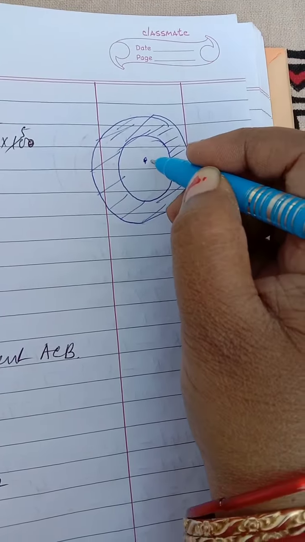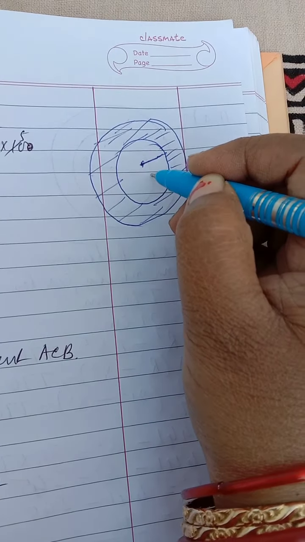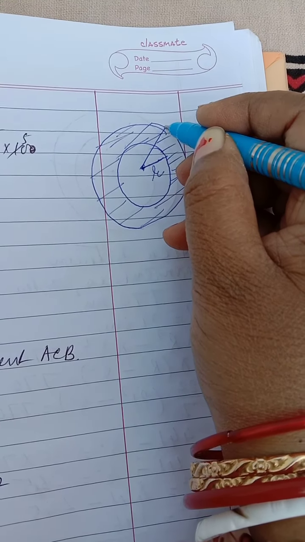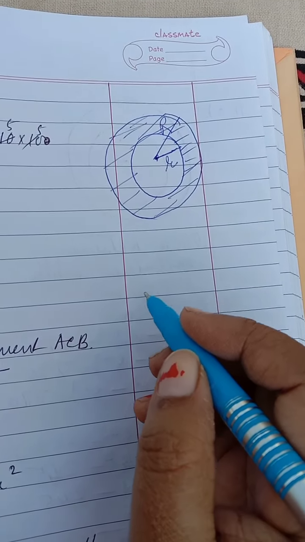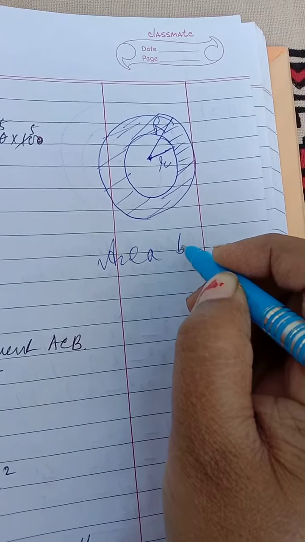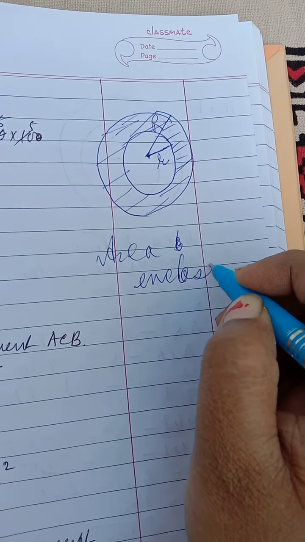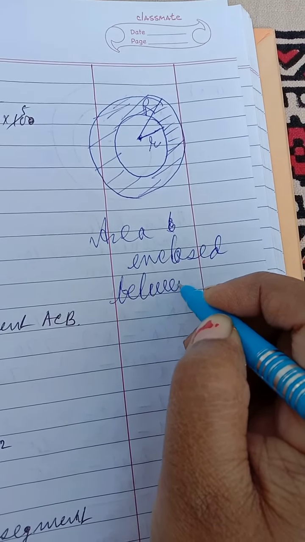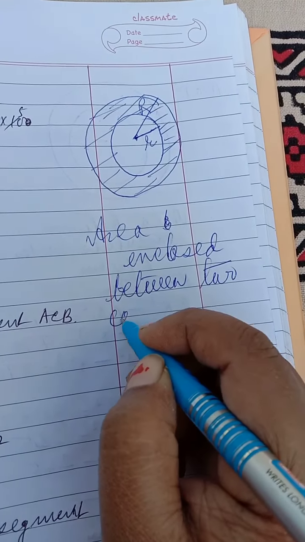So there are two circles having the same center. This is the inner circle, let its radius be r, and this is the outer circle, its radius be capital R. So now, the area enclosed between two concentric circles,